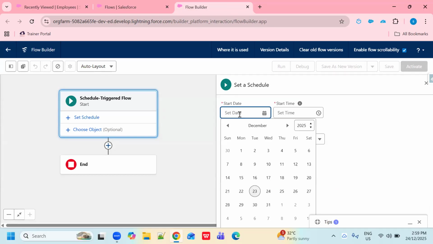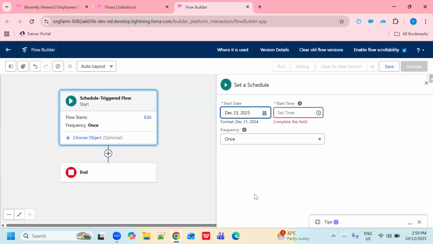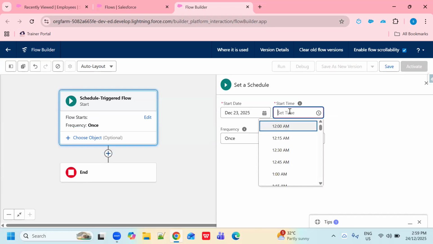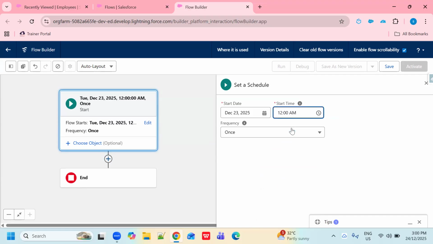So suppose I am giving today's date. What time? When you want to send a mail, suppose I can give 12 a.m. So at 12 a.m. my flow should work.